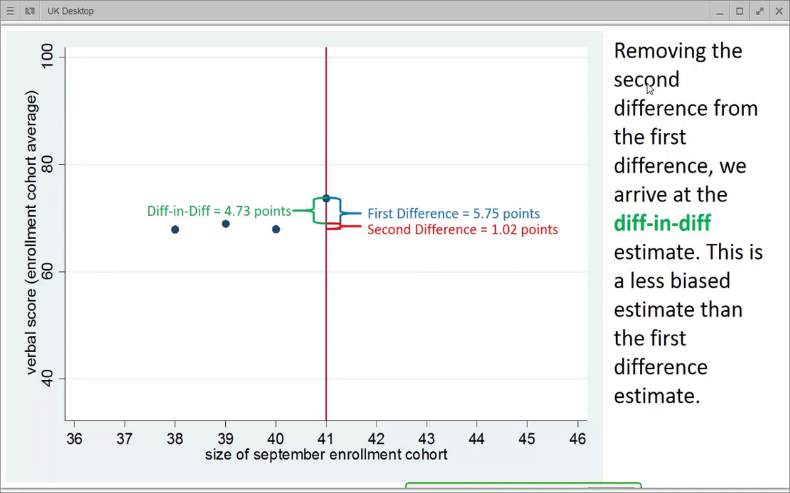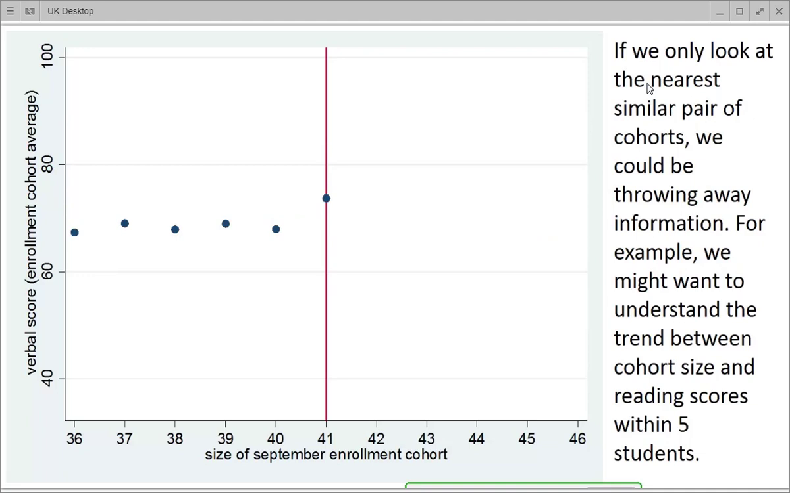We've accounted for underlying trends that might exist in the data. We've taken that off of our estimate of the treatment effect. So we've got a cleaner, less biased estimate than the first difference estimate. So we might run off and say, oh great, smaller classes are better, but that's still not the end of the story. If we only look at the closest,